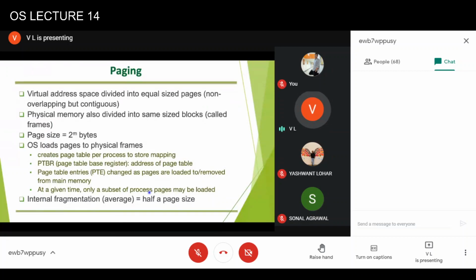So the operating system will load pages to physical memory, and it will create a page table per process to store the mapping, so where a virtual page is actually stored. So there is a page mapped from virtual address space to the physical address space. And then it will also reserve one register, the page table base register. So whenever a process is loaded, the page table base register will be made to point